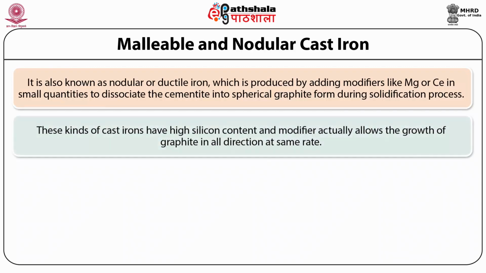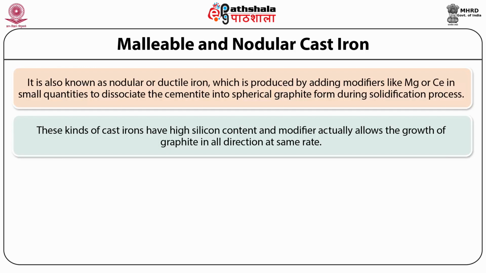These kinds of cast irons have high silicon content, and the modifier actually allows the growth of graphite in all directions